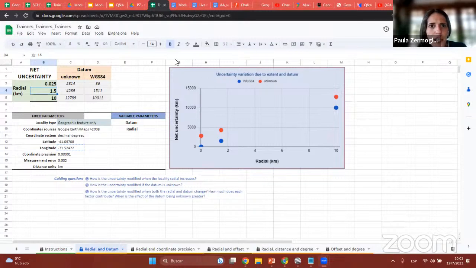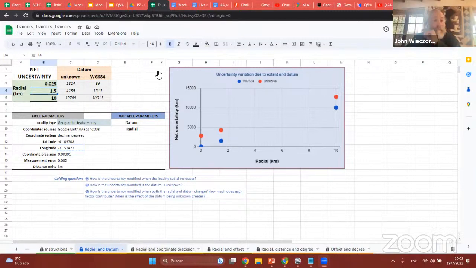Okay, I don't see any hands up nor any comments on the chat. So I'm going to move to the next tab to show how the uncertainty